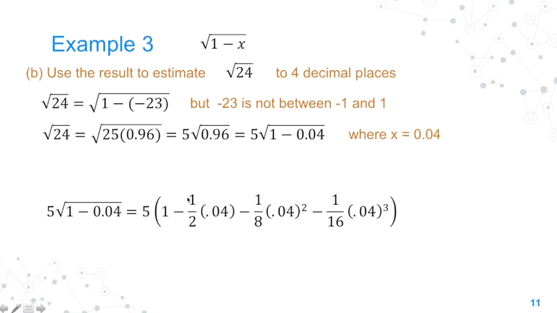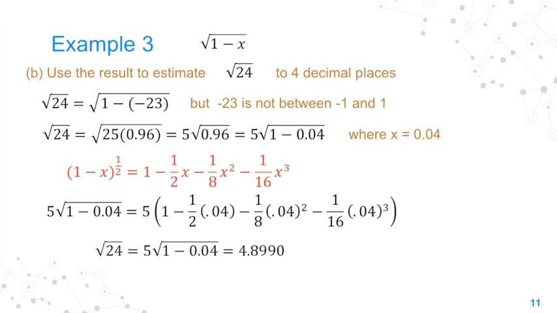So therefore, we can now use this to estimate the value of square root of 24. We will use the expansion, which is the result from part A, to get the value of square root of 1 minus 0.04. So we will have 5 times the quantity 1 minus 1 half times 0.04 minus 1 over 8 times 0.04 squared minus 1 over 16 times 0.04 to the power of 3. Okay, so let's use our calculator to get this, and in 4 decimal places, it is going to be